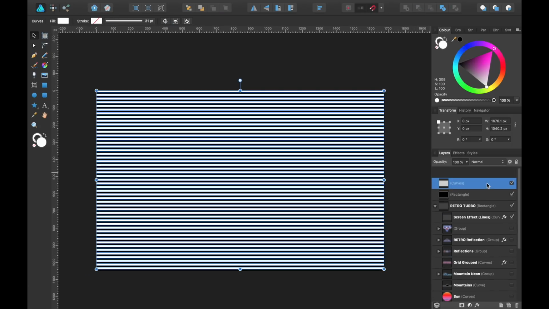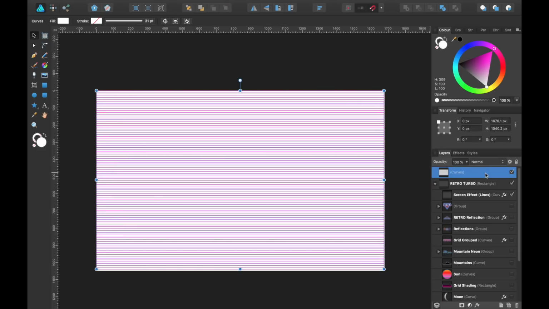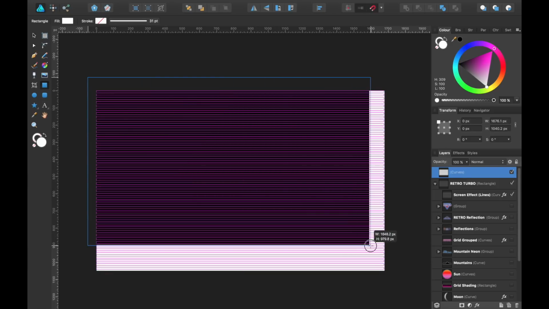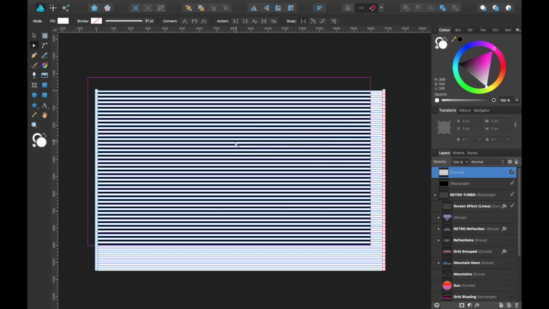Okay, now we have this grid. So this grid, if we look now, if I make something behind it, you'll be able to see what it's created. So it's created a white box with lines taken out of it, chunks taken out of it.